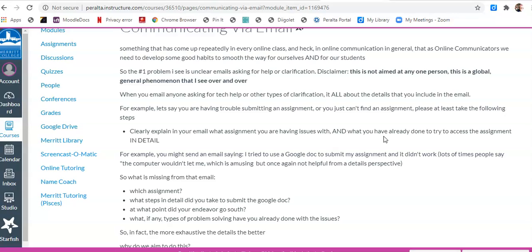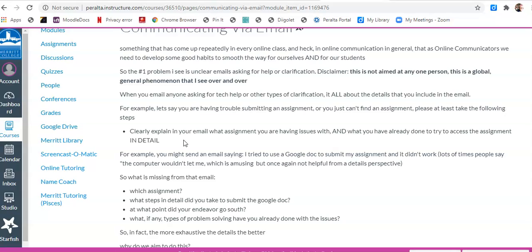And what have you done so far to try to access it? So that's why it's important to just start off. If you need to write me an email about any problem that you're having, make sure you include details. Details are good. They help me help you and cut down on the number of emails we need to send each other. Good thing.